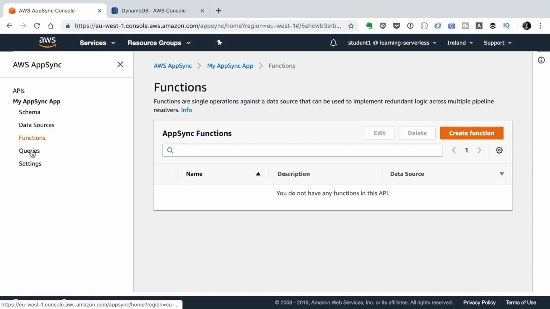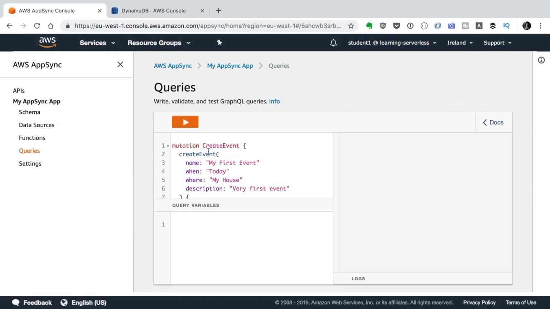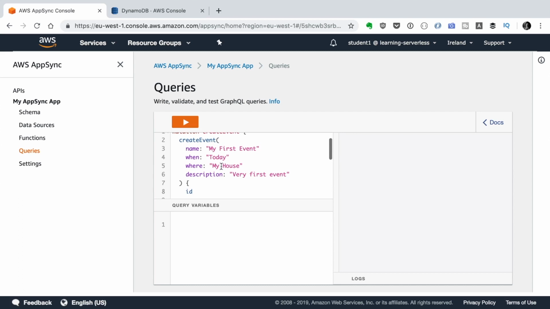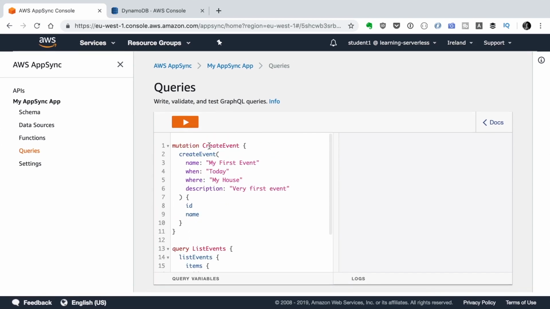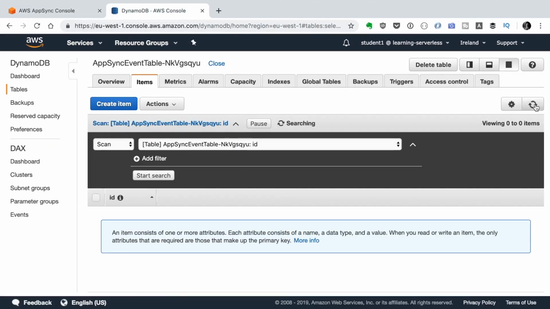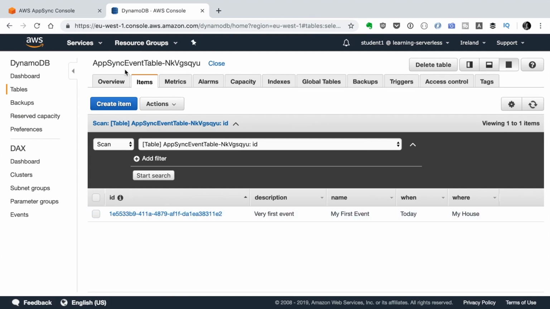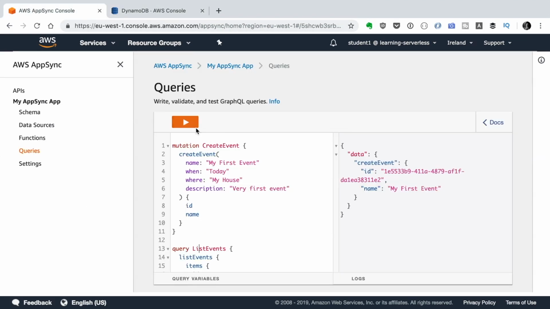But now we can go to queries. And we have two queries defined here, but you can create any queries you want. These are example queries for lazy people like me. You have the list event and the create event. So if you just create an event, it creates a new event. And if we go to the table and refresh it, poof, there. And then we can do the list of events, and that will bring the events from the table. So it's pretty straightforward.